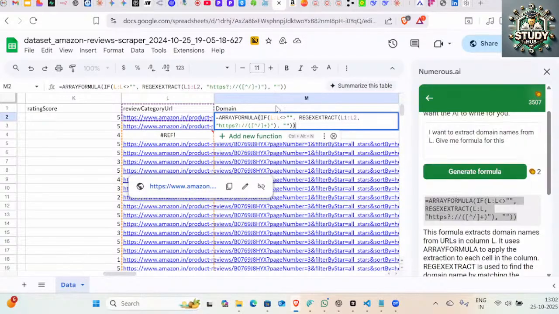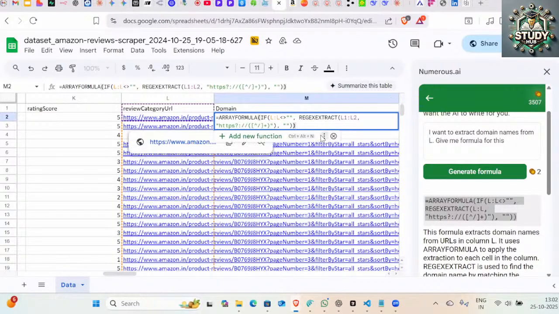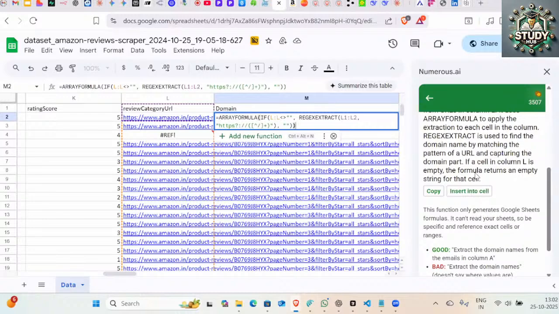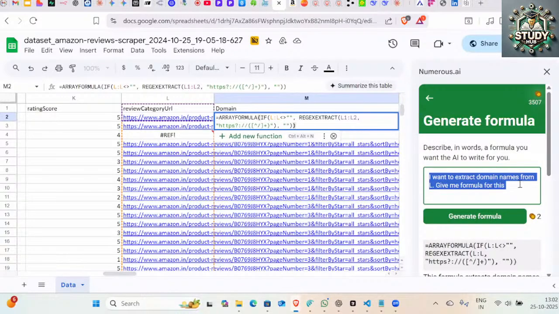I have copied it completely, right? Generally, it works. Hmm, I can say this is not working.